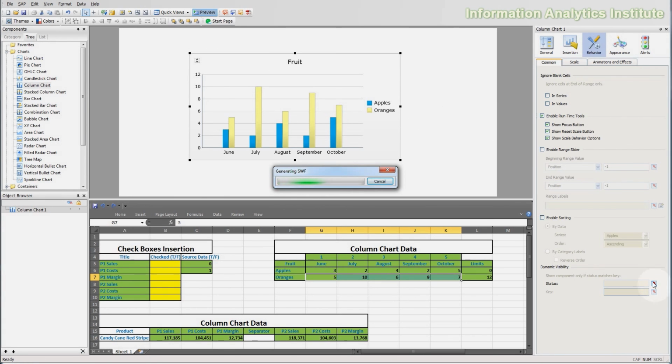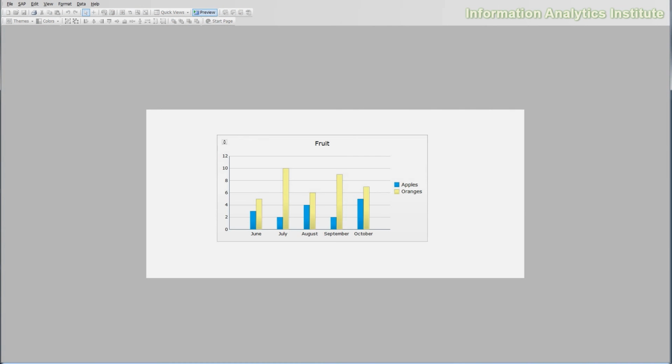So let's preview the dashboard. And now let's see how it works. So I hover over it, you can immediately see the menu appear, and you have three options to the left here. You have the enable scale growth. So when this option is selected, the scale automatically expands when the data increases, but doesn't shrink when the values